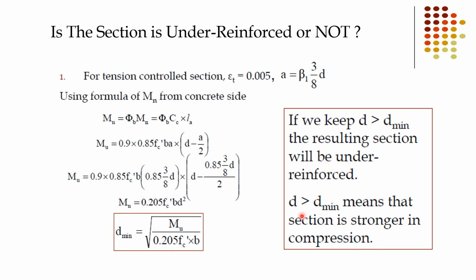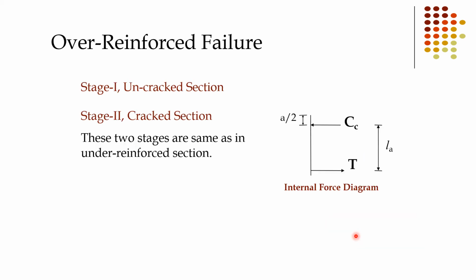Okay, if d is greater than d minimum, that means the section is stronger in compression. Now, for the over-reinforced failure, the first two stages are the same. Means in the first stage, LA remains unchanged or constant, and CC and TT increase with the increase of load. Similarly, in the cracked section, when the cracks start appearing, CC and TT will keep on increasing, but LA